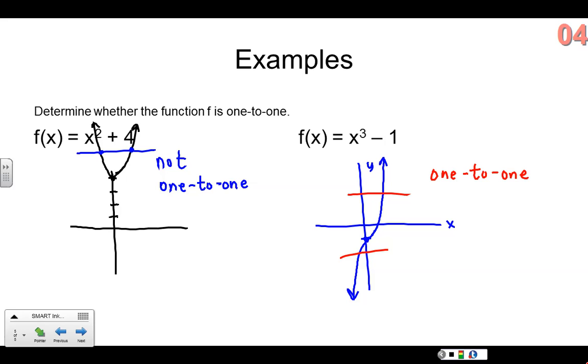Now, a function being one-to-one is very important because if a function is considered to be a one-to-one function, you can find its inverse function, which we will do in